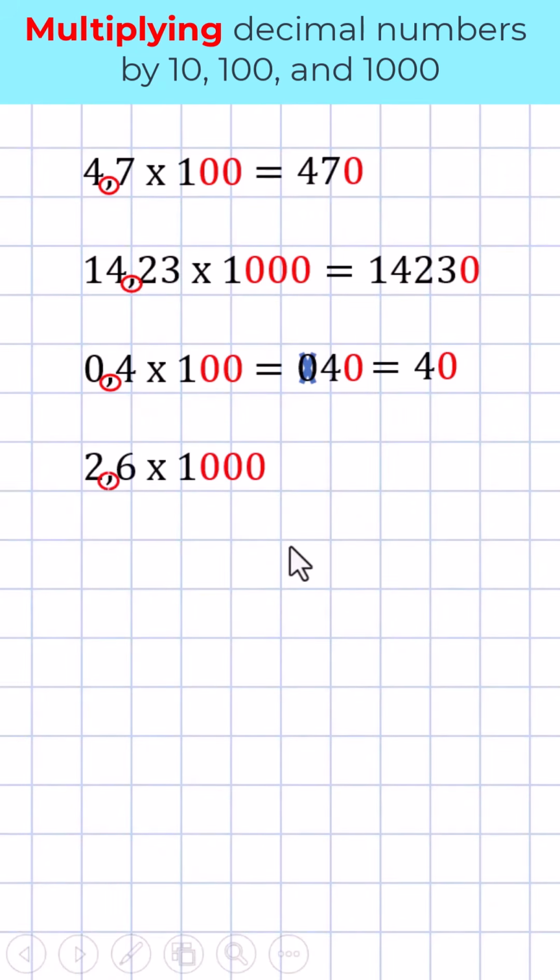Again, let's consider the product 2.6 times 1000. The decimal point of the factor